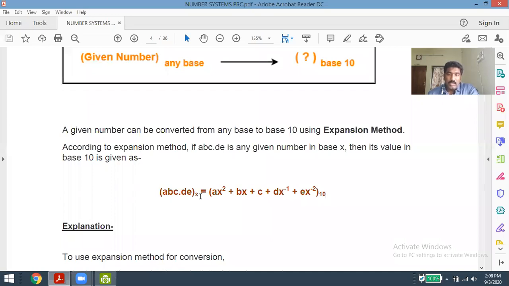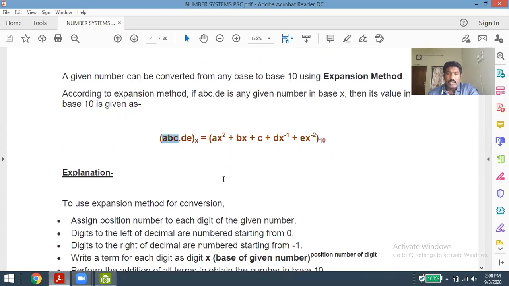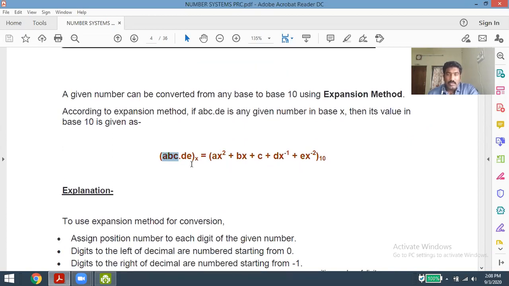So what we want to see is, in the last section, we have done only the real operation, which does not have any fractional values. Now here there are some fractional values, and we want to work with the fractional components also. So how to go about this? This method is called the expansion method.